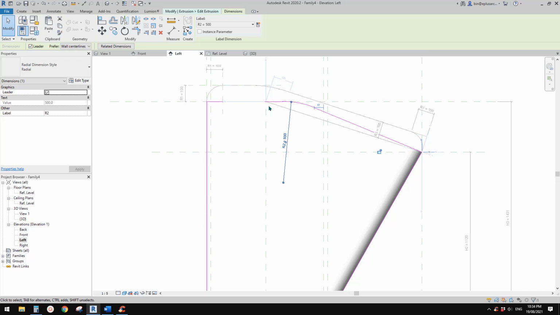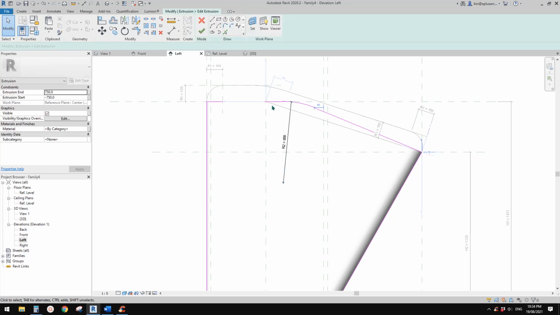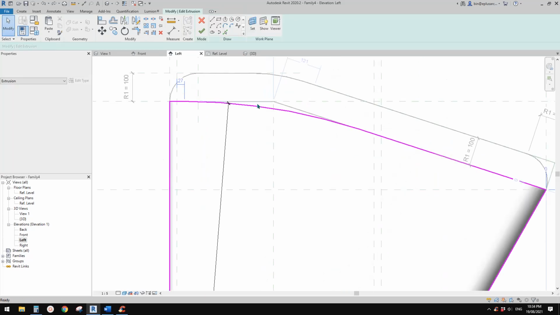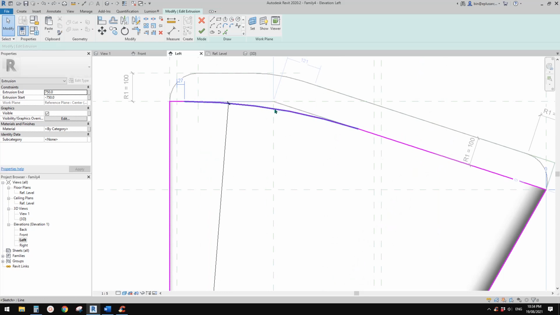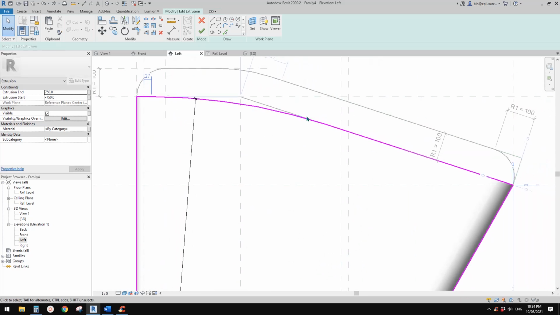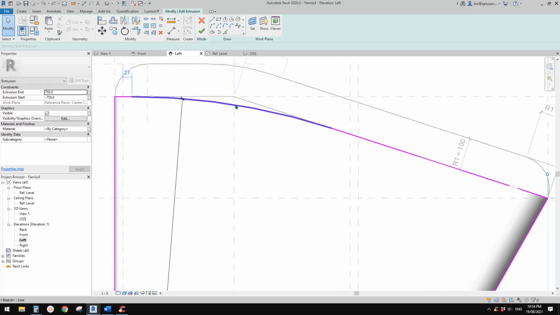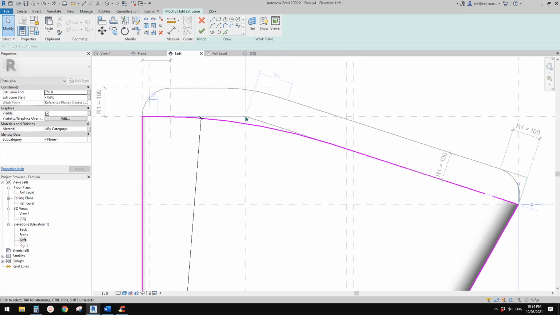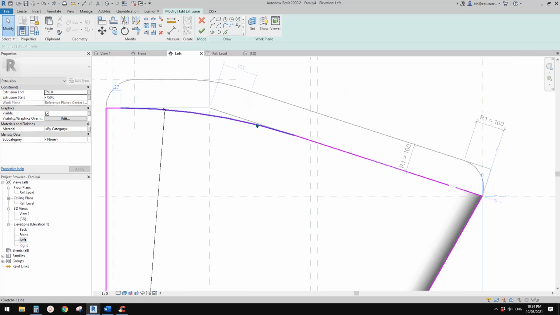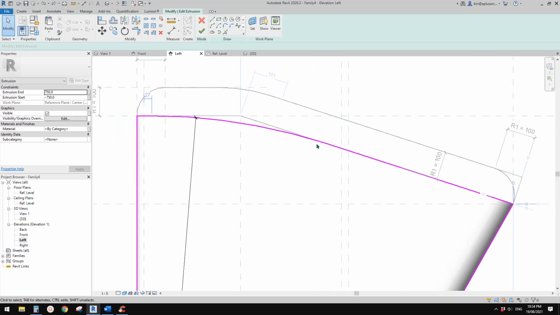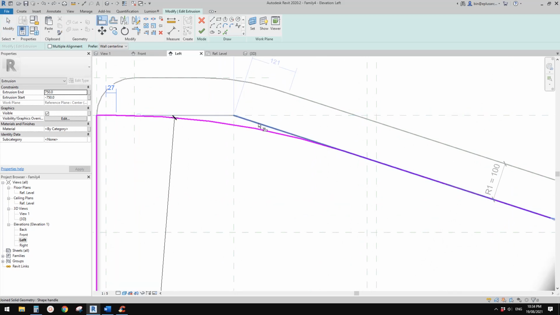Nope. Okay, hang on, let's go back, Control Z. We need to, looks like we need to lock, because if we use this one previously, we used this point and this point to constrain this. Maybe we should do this, just try to